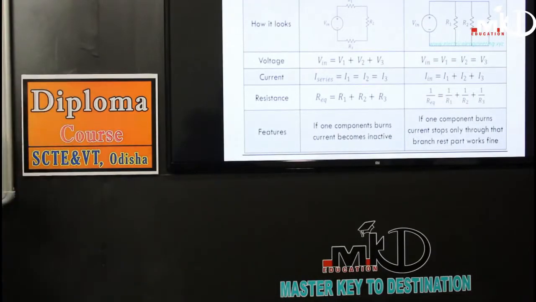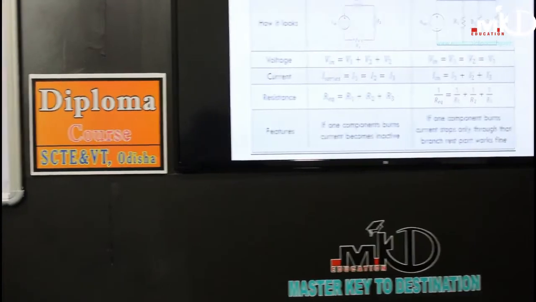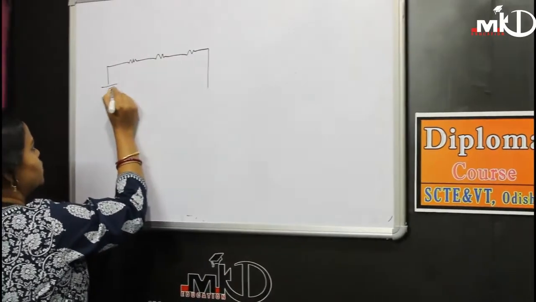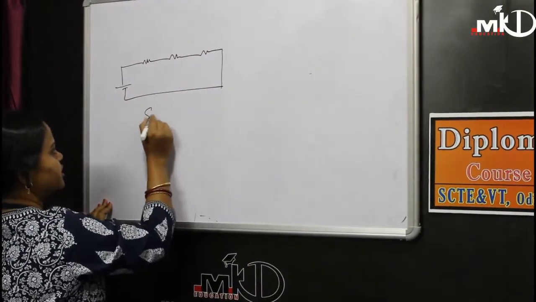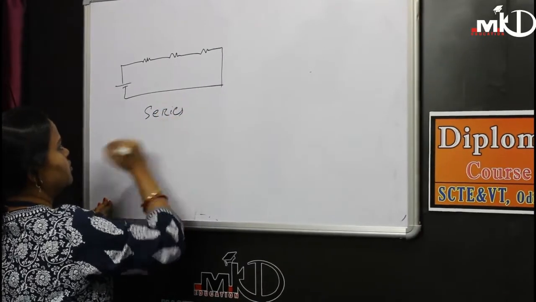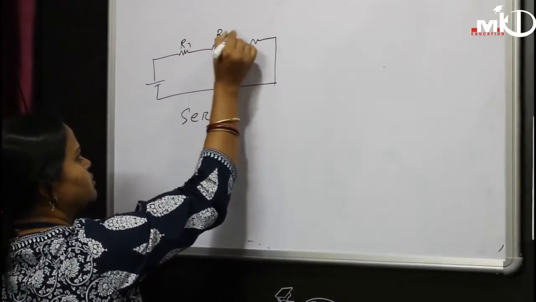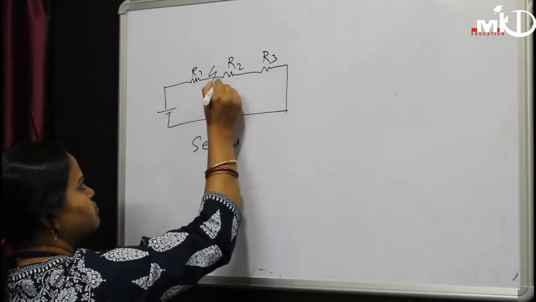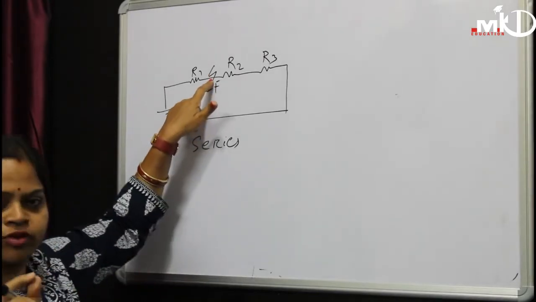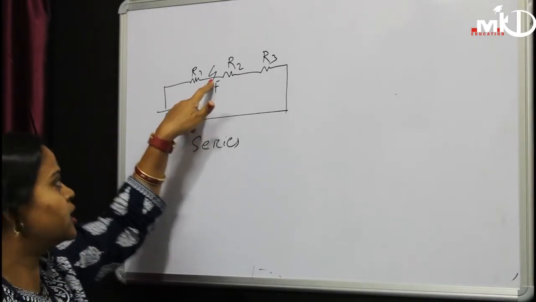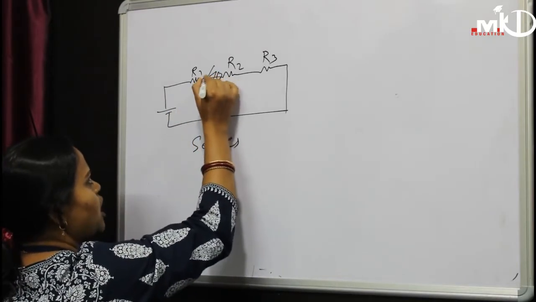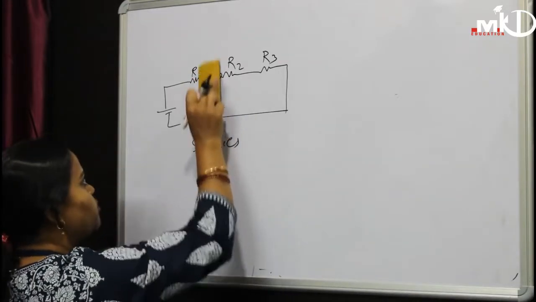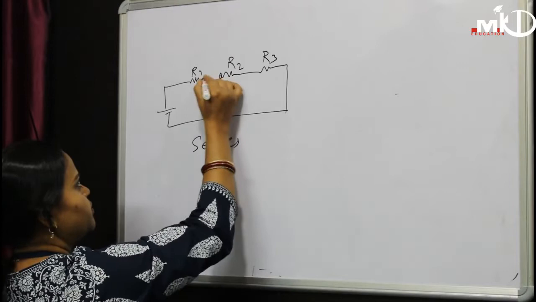So for example, if here this is the circuit, this is the voltage source, means it is a series circuit that we know. So this is R1, R2, R3, and if in this circuit there is a fault, means at this point circuit will burn out. If circuit will burn out, means this part will be now open circuit. This part will be now like this. It should be open.